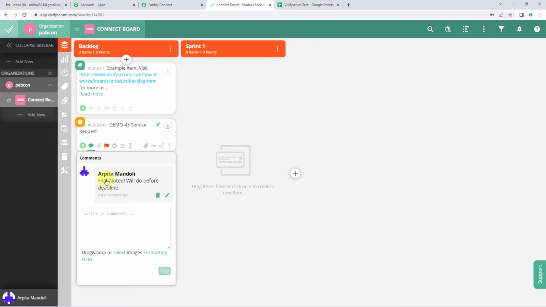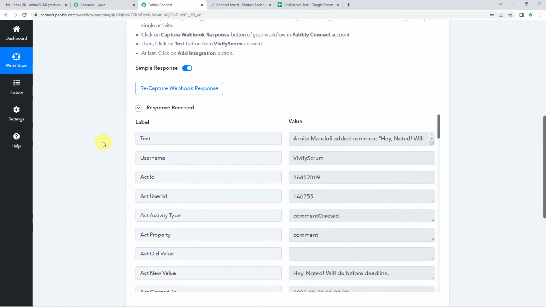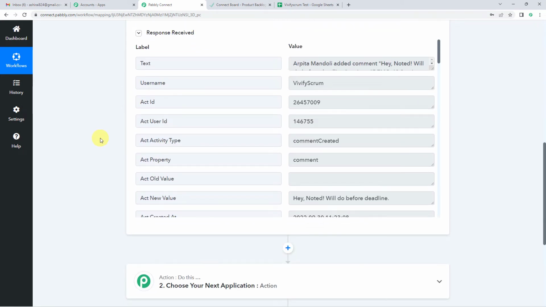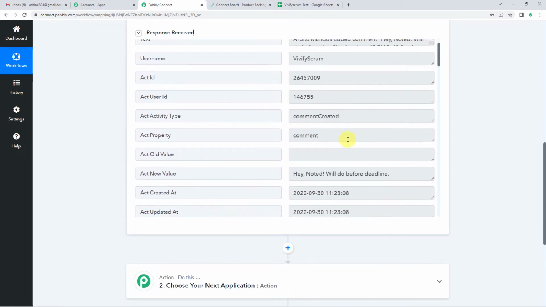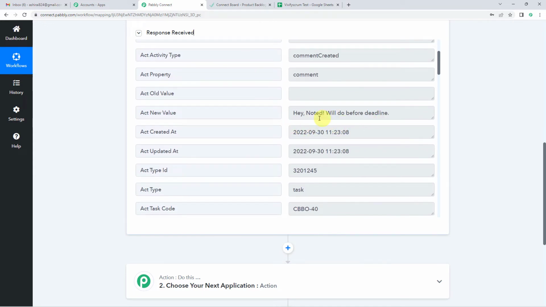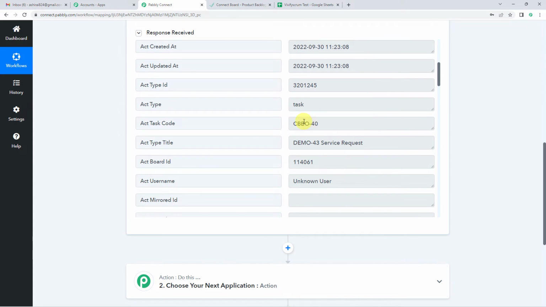And here's the comment you can see. And then the person who made the comment, their name is also showing. Now let us go to Pabbly and see if it has captured the response. And yes, Pabbly has captured the response. If you'll scroll down, you'll see the comment here, hey noted, will do before deadline. Then you will see the